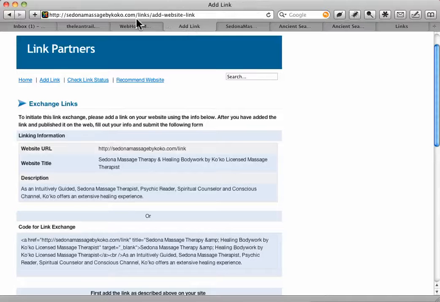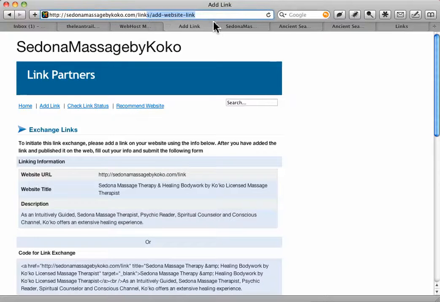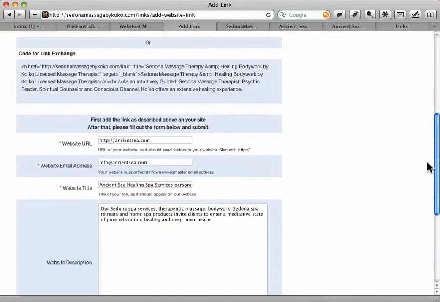Hey Koko, this is your new software. The place that you find it is you go to sedonamassagebycoco.com/link, and when you type that in, you'll see that you'll be redirected to this slightly different URL. And the reason I set it up like this is because this is the most important page. And again, you just type in /link and you hit the return button, and it'll forward to this links add website link. So this is the page that's most important because here is where people will fill in their information